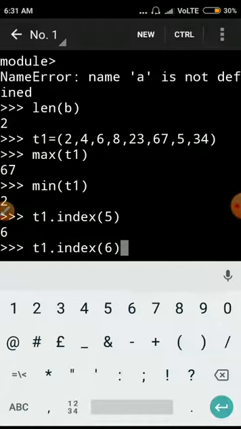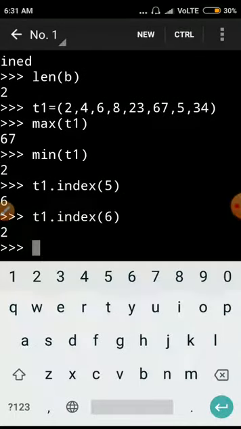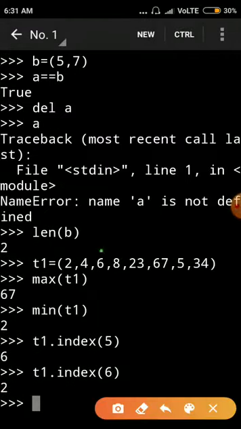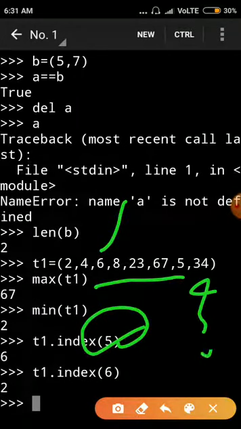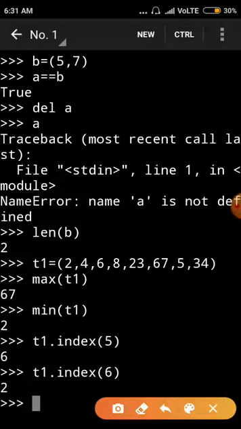Suppose I write 6, an element of the tuple. It will return 2, because the index values of the elements are 0, 1 and 2, so the index of 6 is 2. But 5 is not in my tuple, so it gives an error, because this element is not in my tuple.